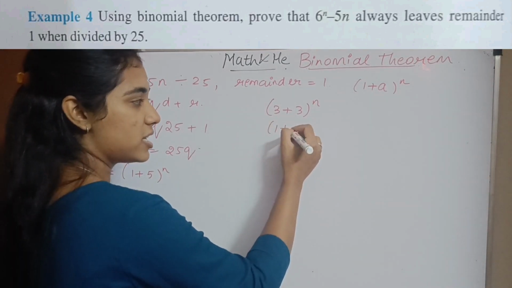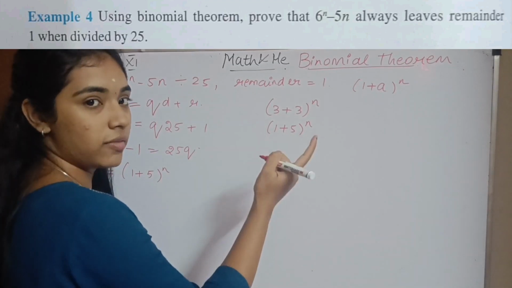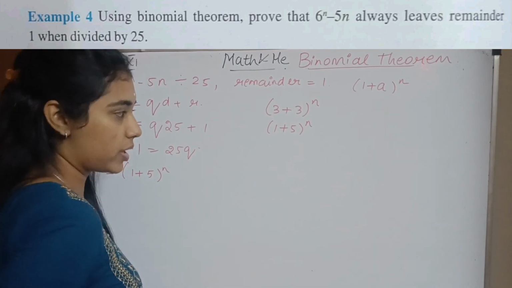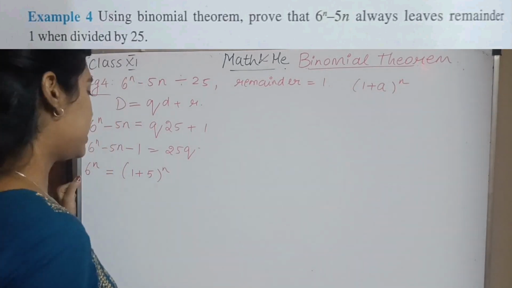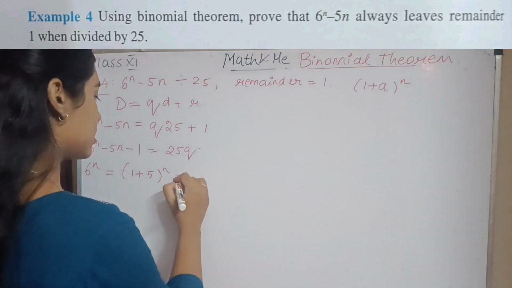But writing it this way will make it easier for you to solve, because the first term is always 1. So 1 to any power will always be 1. It will only reduce your calculation. Okay. So always write it in the form (1 + a) to the whole power n. So what is your (1 + 5) to the whole power n? It is